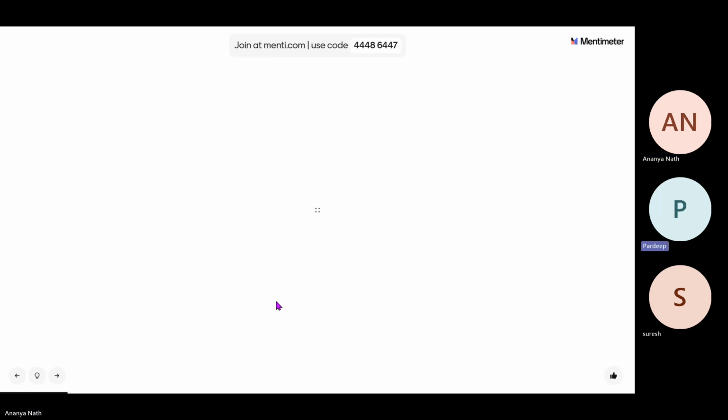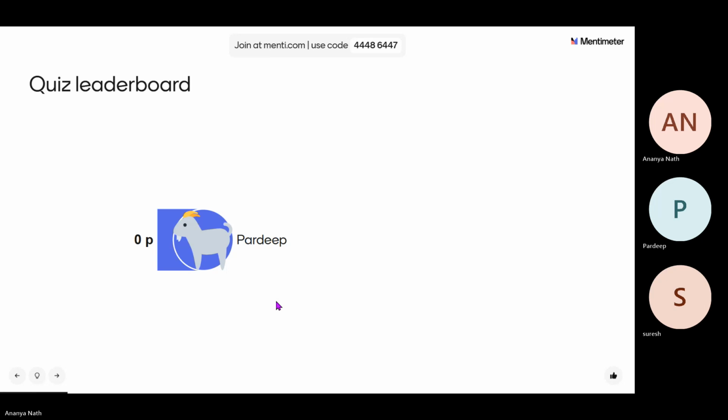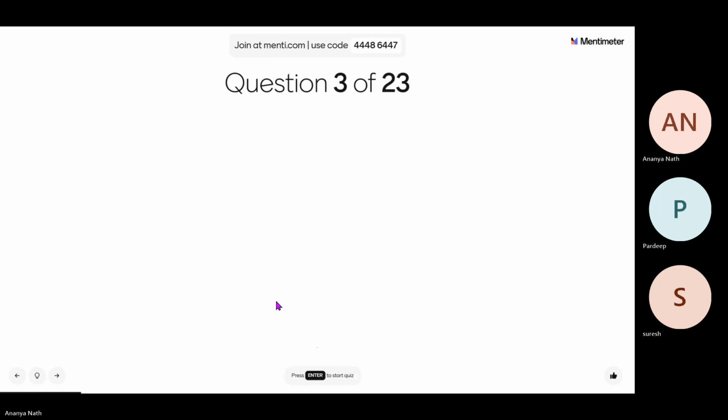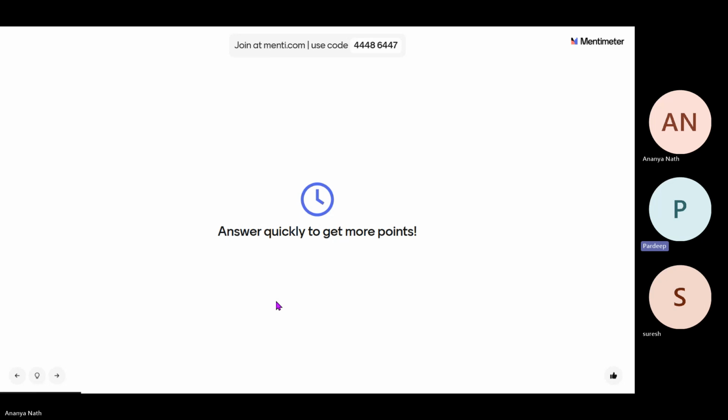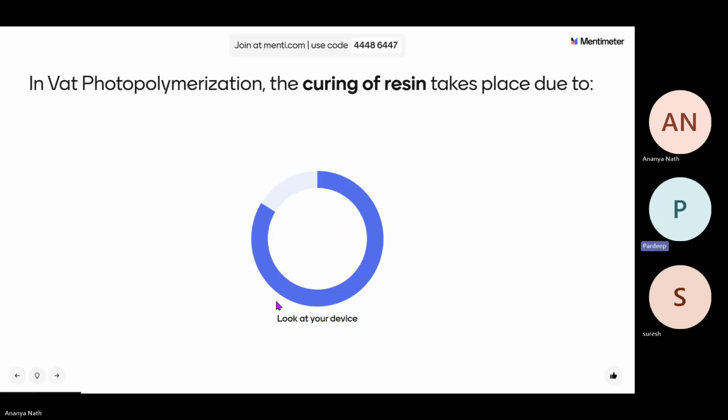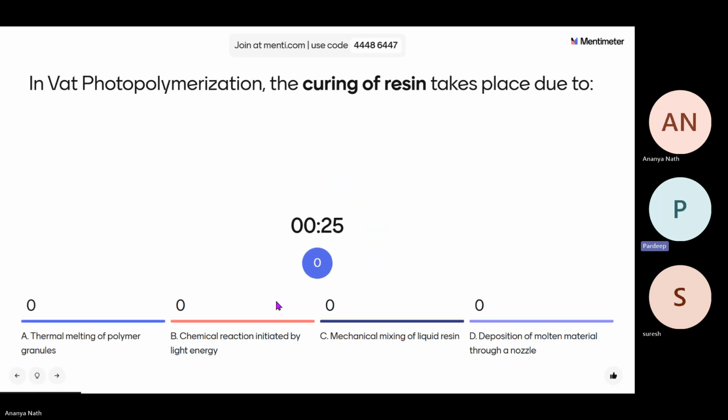Okay, okay, ma'am. Next question. The third question: in vat polymerization, the curing of resin takes place due to